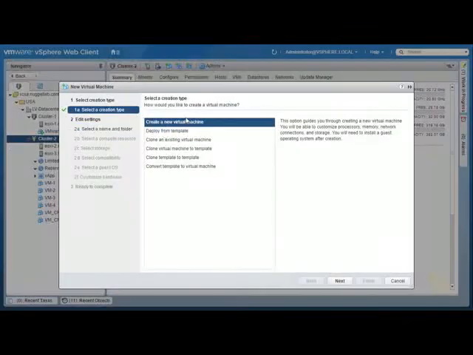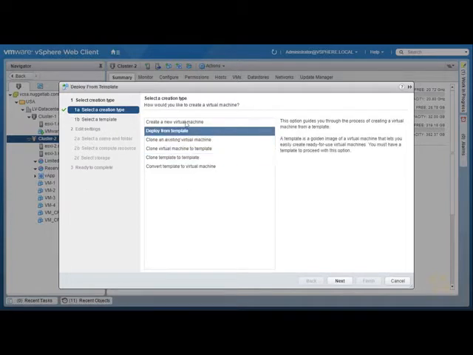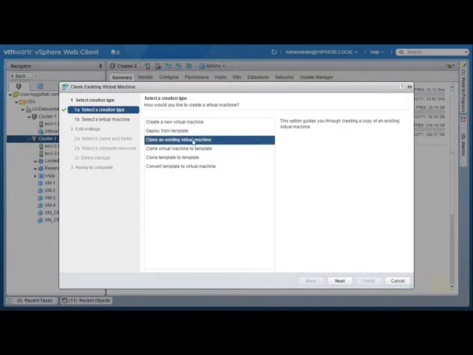And this just gives us a large laundry list of options that we can use in the wizard. So we could create a new machine from scratch, deploy from a template, and so forth. And based on what we select here, the wizard will be slightly different. So for example, if we wanted to clone an existing virtual machine, we could go ahead and select that, click